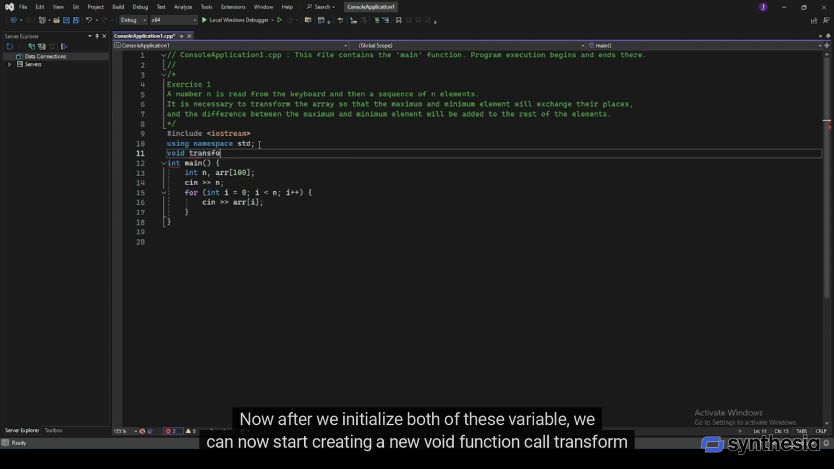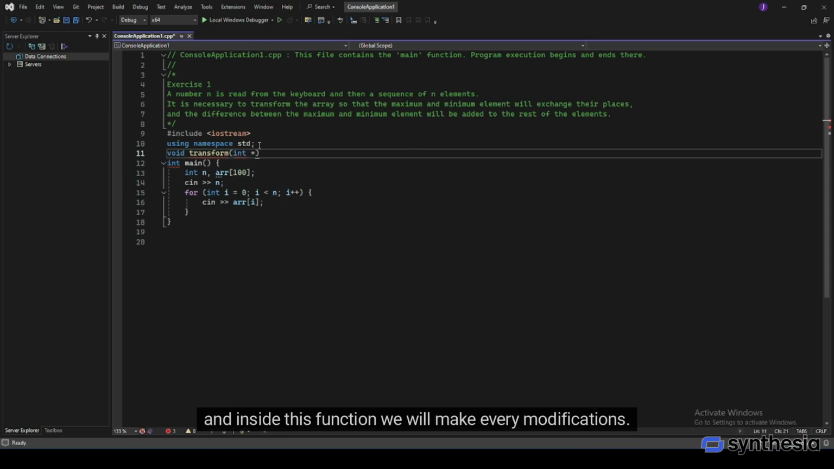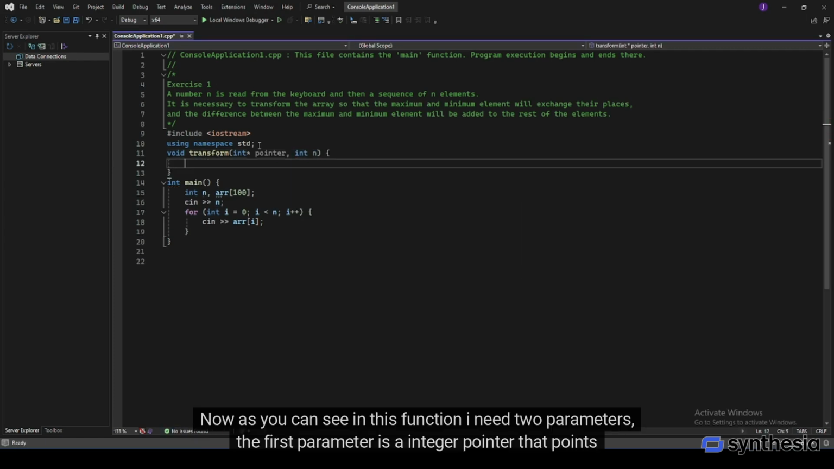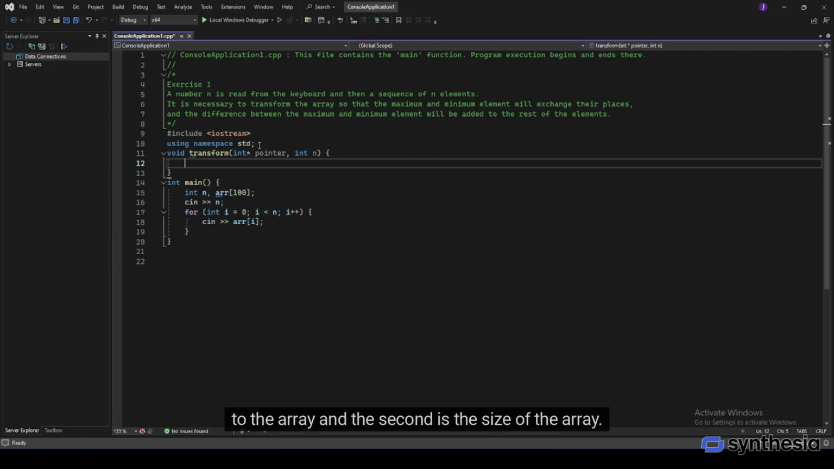Now after we initialize both of these variables, we can start creating a new void function called transform, and inside this function we will make every modification. As you can see, in this function I need two parameters. The first parameter is an integer pointer that points to the array, and the second is the size of the